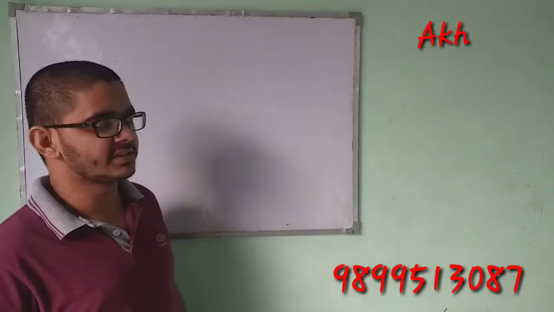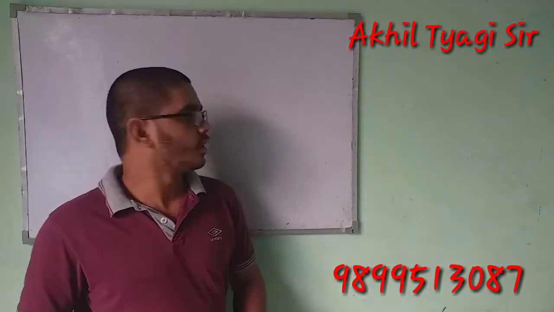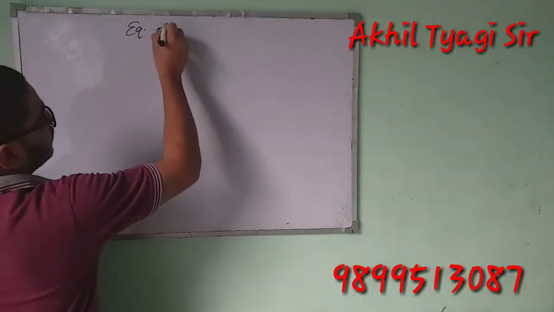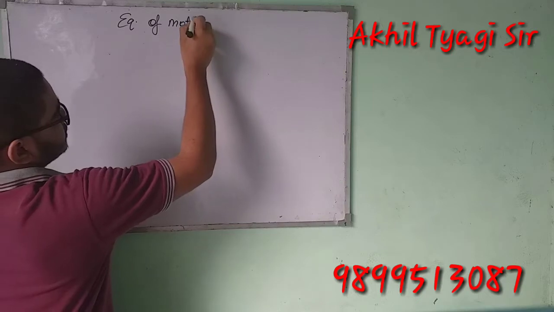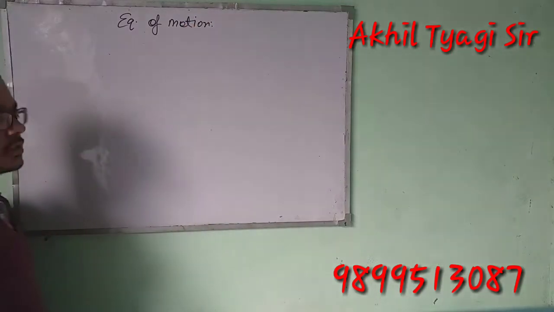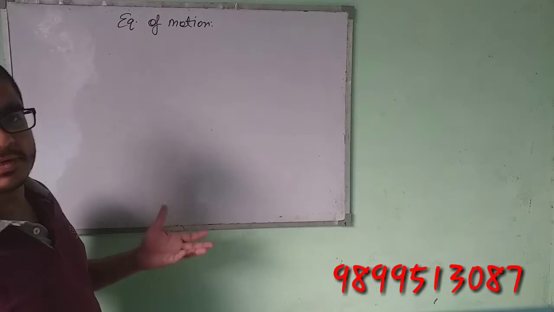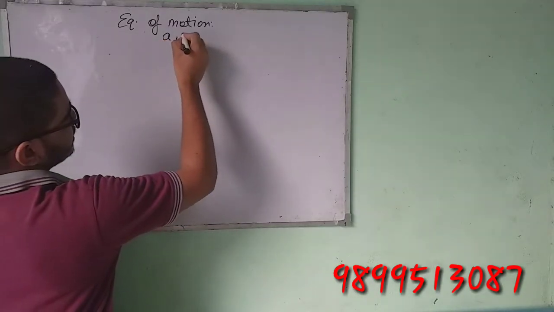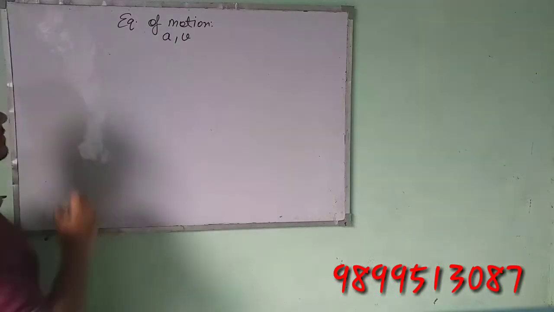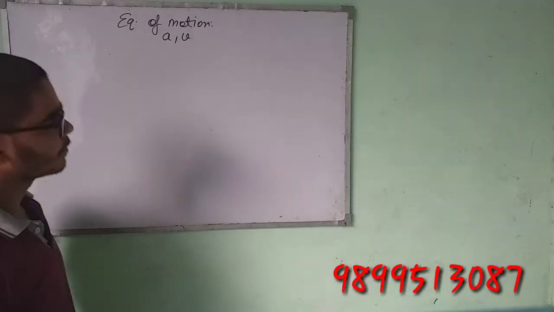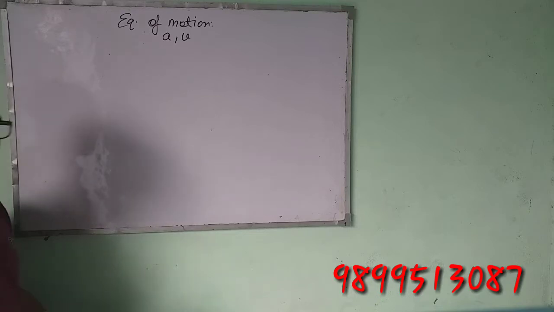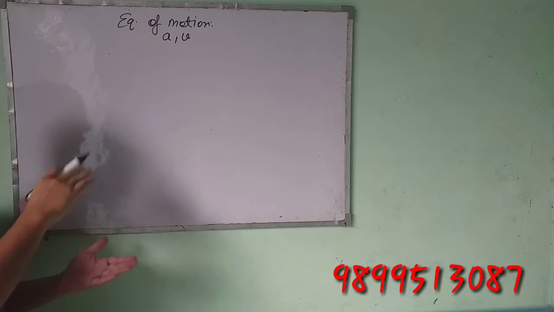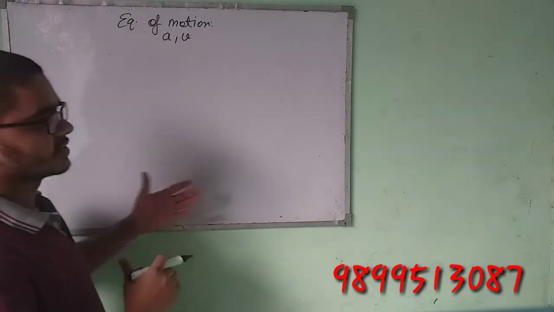As in the previous class we studied kinematics, and there we also studied the equations of motion. I already told you that there are variables which define the motion of a body, and these are acceleration and velocity. I will now take certain examples to help you understand all these concepts one by one. Beginning with the smaller questions, I will then take the tougher ones.